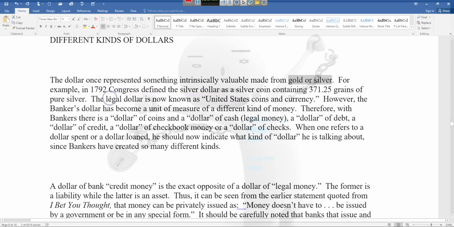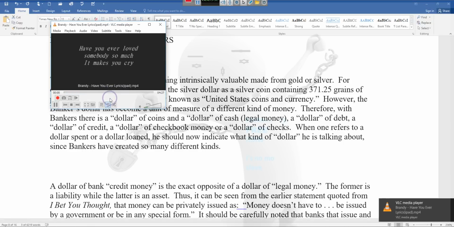Hold on, let's go ahead. Because if the silver dollar was worth more than the gold dollar, then they could not be said to be dollars. Oh, you know what? That makes sense. Because if it was a silver dollar and it was worth less than a gold dollar, then they weren't really dollars. So the silver dollar couldn't have just been a dollar. It had to be a silver dollar and all the other junk.